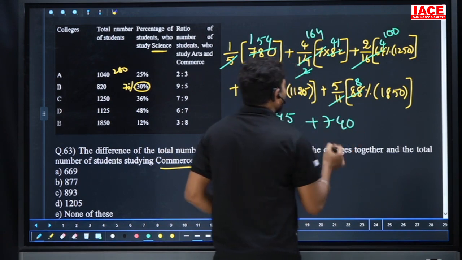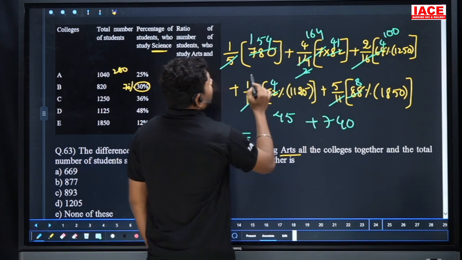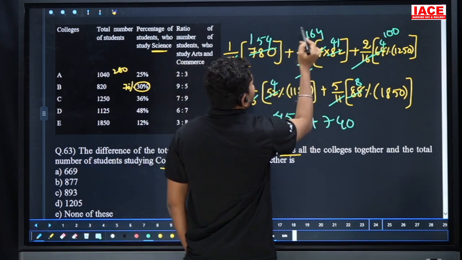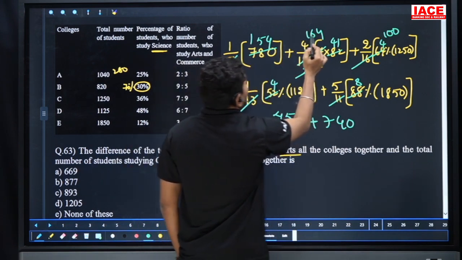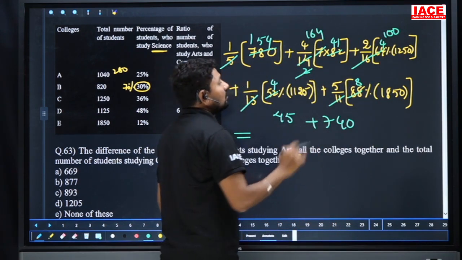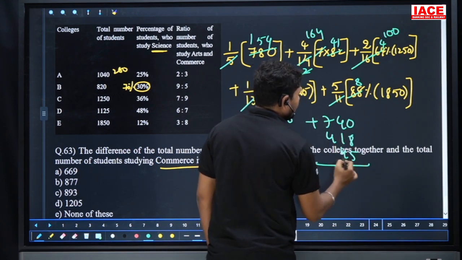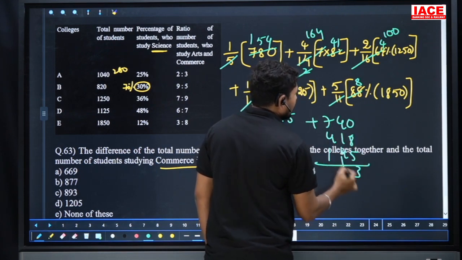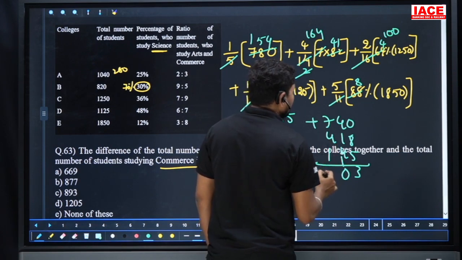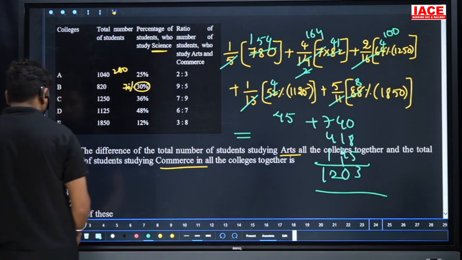Okay, this is all the values added to get a final answer here. So 150 plus 160 is equal to 310, till now 318. 318 plus 300 is equal to 418. 418 plus 45, these are all added. It is a 13 and it is a 10, and 7 plus 1 is 8, 8 plus 2. The final answer is what? 1203. 1203 means the answer is what?